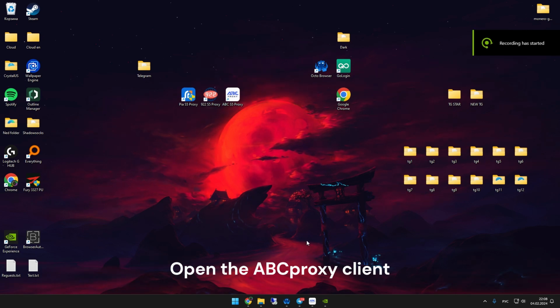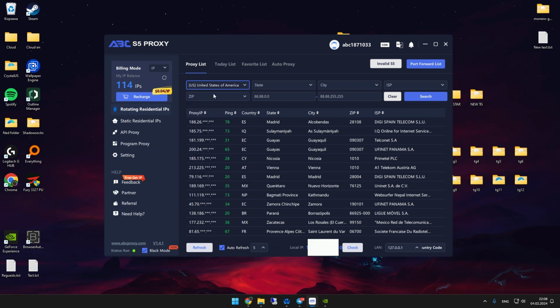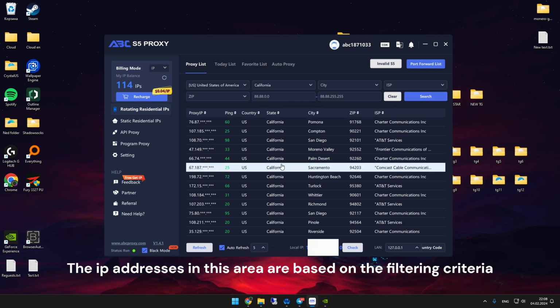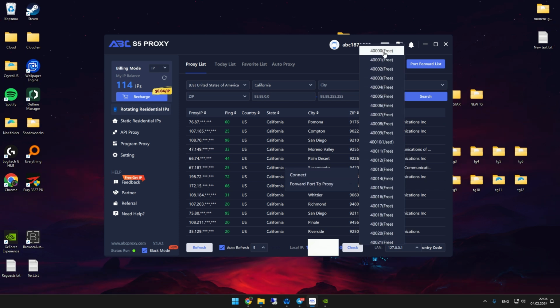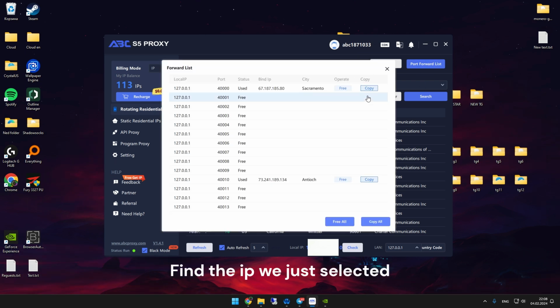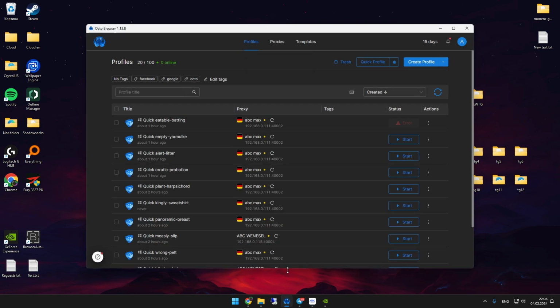Open the ABCproxy client. Next, select target countries and cities for screening. Click on the search. The IP addresses in this area are based on the filtering criteria. Click on Port Forward List, find the IP we just selected, click on the copy, open the OctoBrowser, click Quick